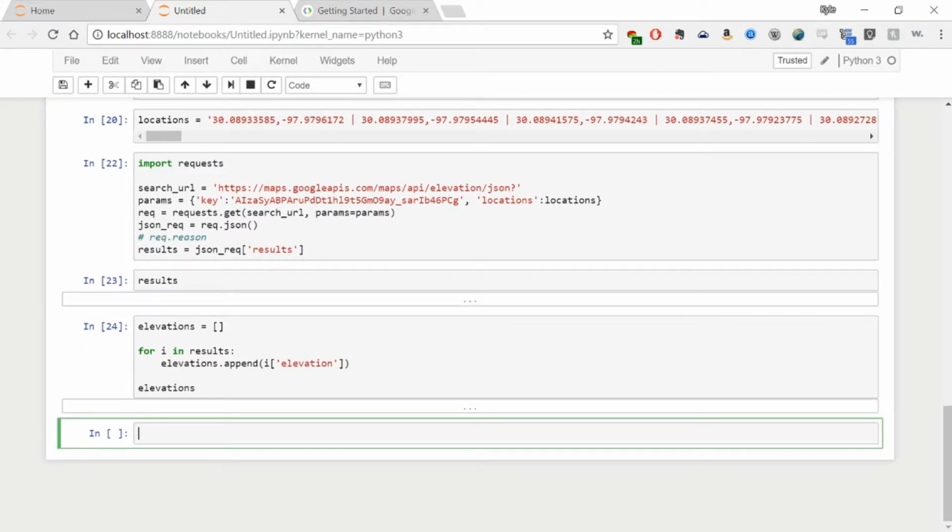I just want to add back these elevations into our data frame, and from there I think we'll call it good for this video, and in the next video we will walk through the bokeh map. So elevations equals,